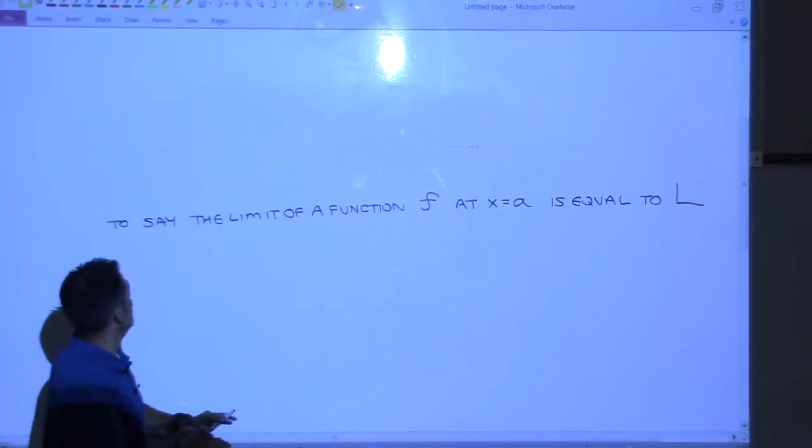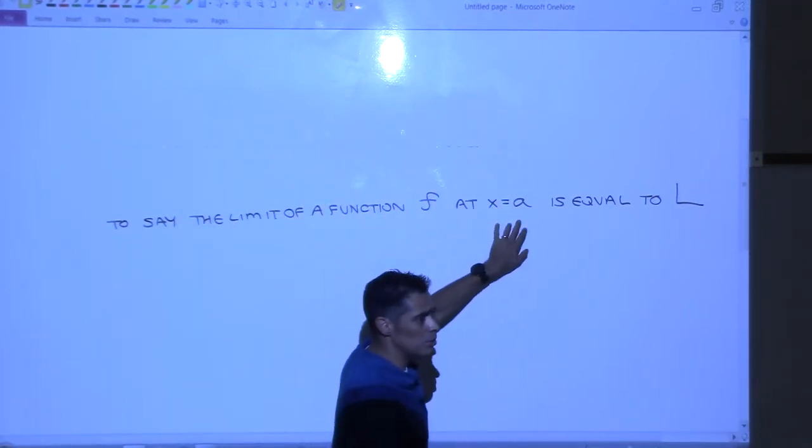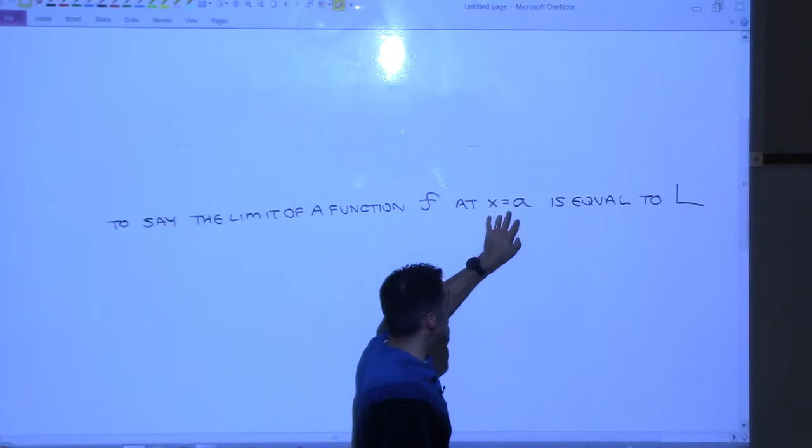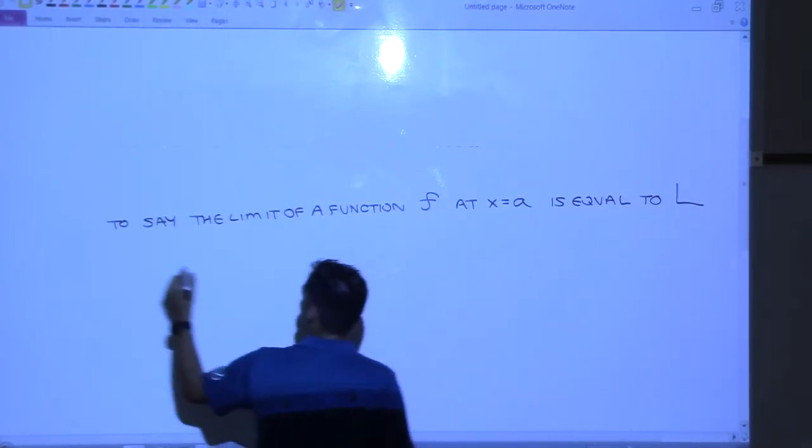So this is like, to say that the limit of a function as we approach 2, as x equals 2, is equal to 8, right? Means